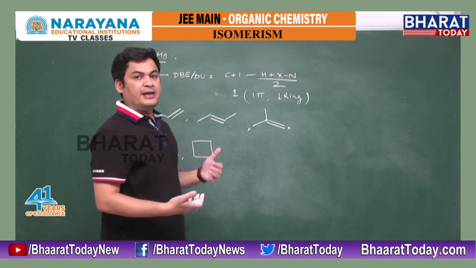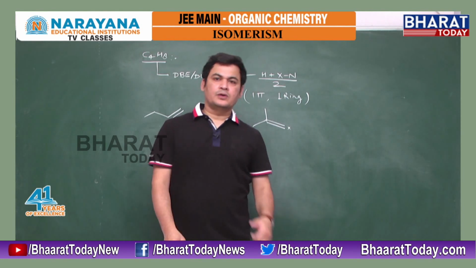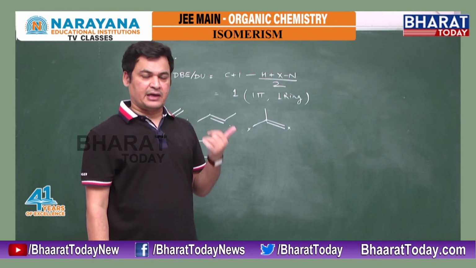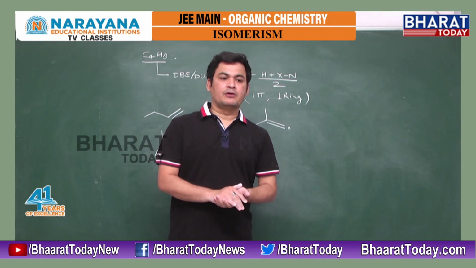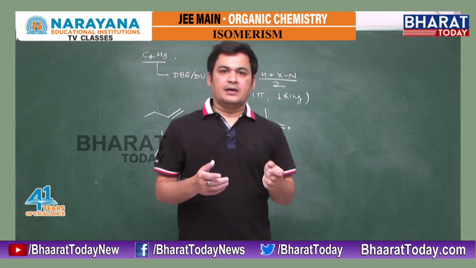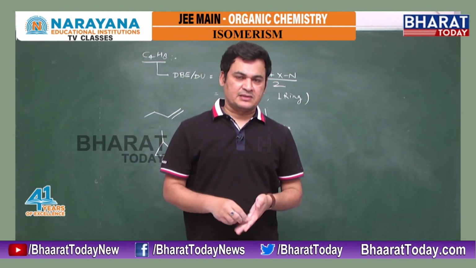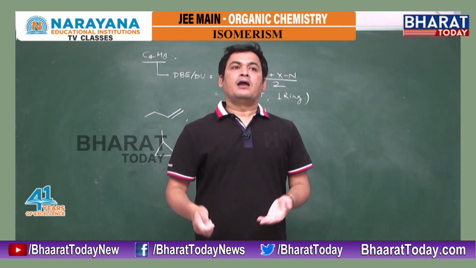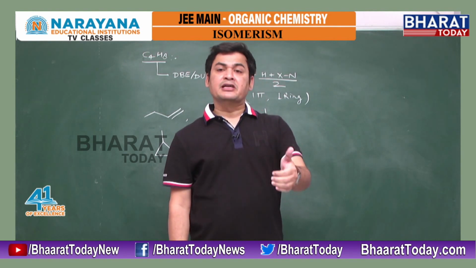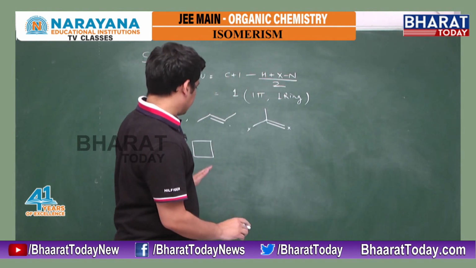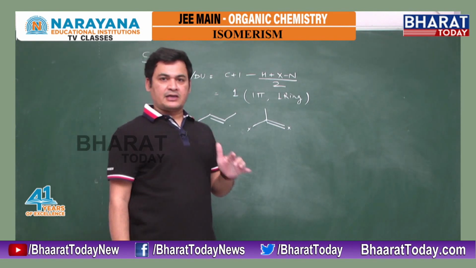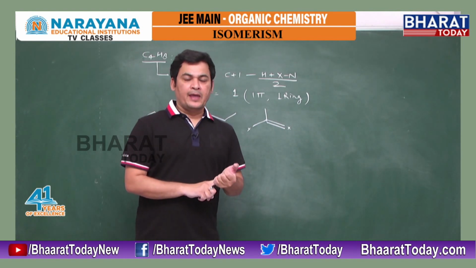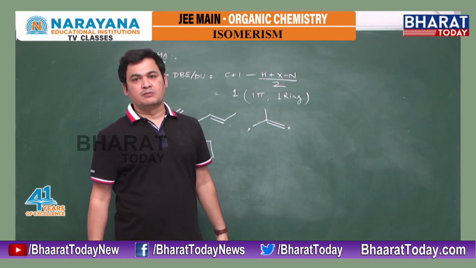Now there are many examples of how to calculate structural isomers. I have finished these simple examples. In the next lecture we'll try to do the calculation of structural isomers, and after that calculation we'll start stereoisomerism, beginning with the geometrical part. So I'm going to finish this lecture now. Next lecture, first part is calculation, second part I'll start stereo, and in stereo I'll discuss geometrical isomerism. Thank you.